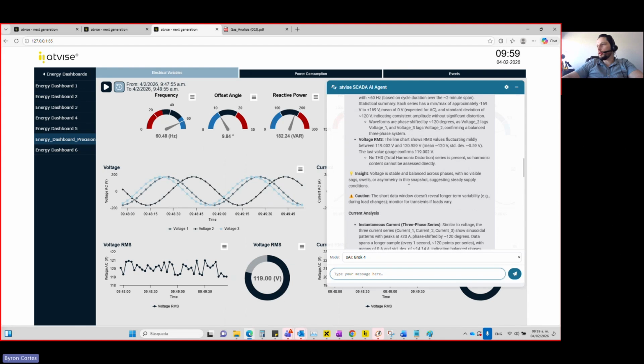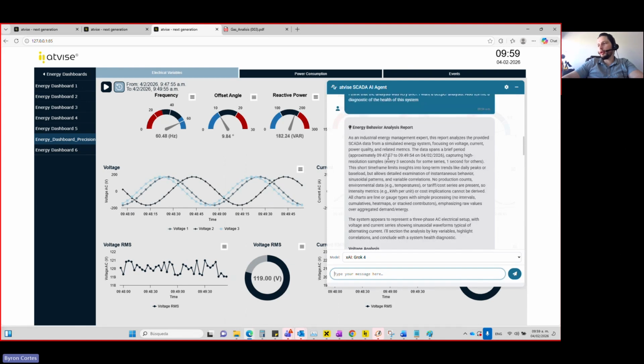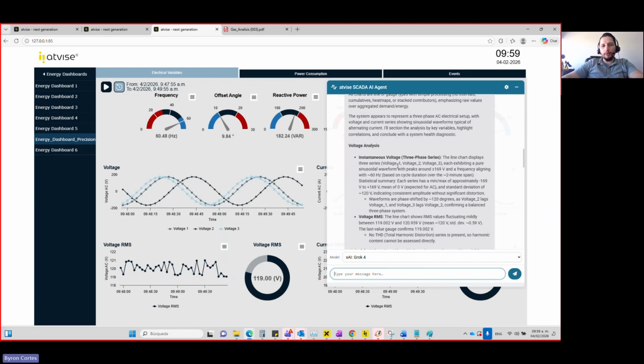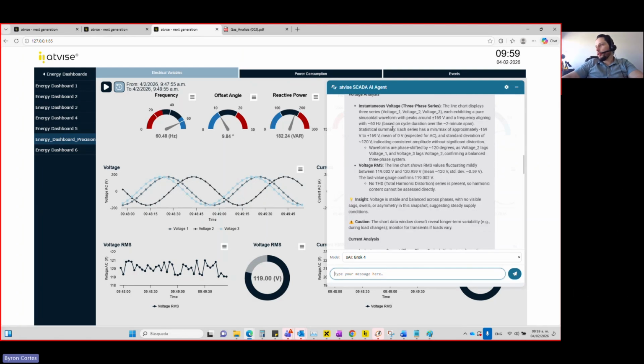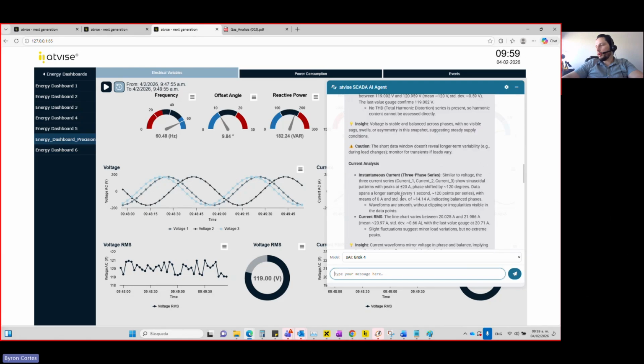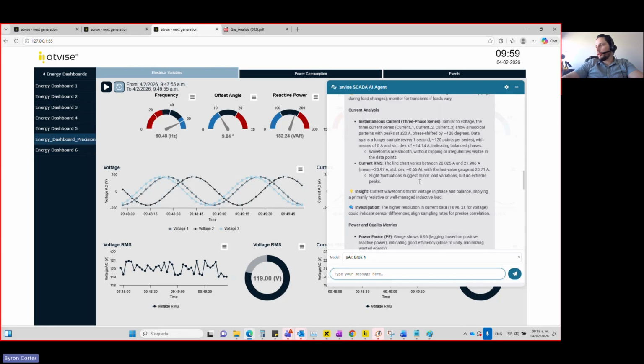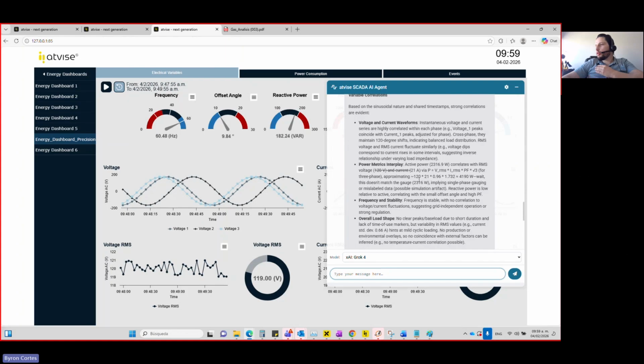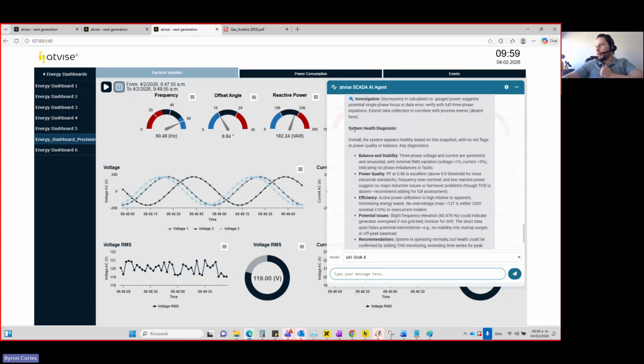To get to the end, as you could see, now we have a much deeper analysis from the data analyst. So we got it to work. Here we have analysis of the voltage, the current analysis, the three phases, the power quality metrics, and let's go to the final analysis.